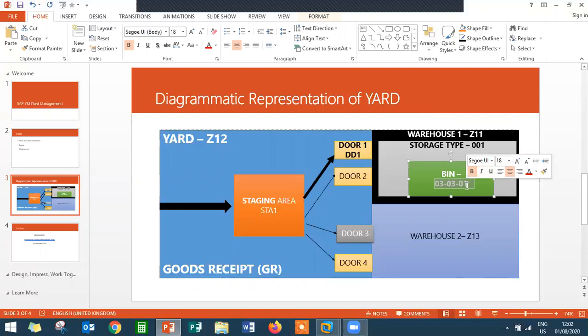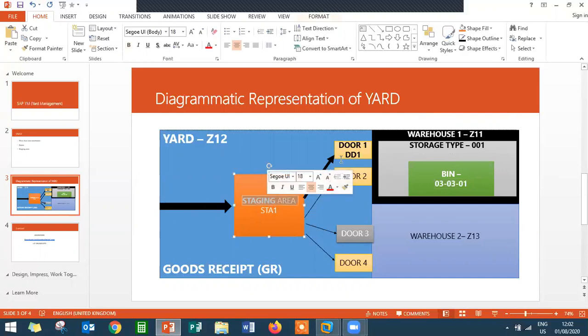03-03-01. So I'm going to show this in the SAP system. Again, I'm just going to tell you what we are going to do. We are going to buy a raw material from the vendor through the yard, through the staging area STA1, through door 1, the entry or exit point of a warehouse, and inside the warehouse, inside the storage type, inside the bin, I'm going to place the material in bin 03-03-01.